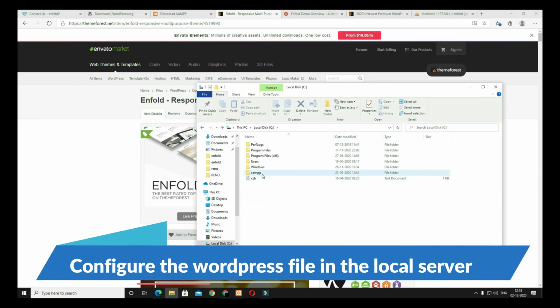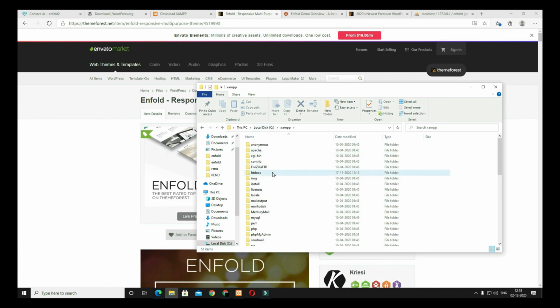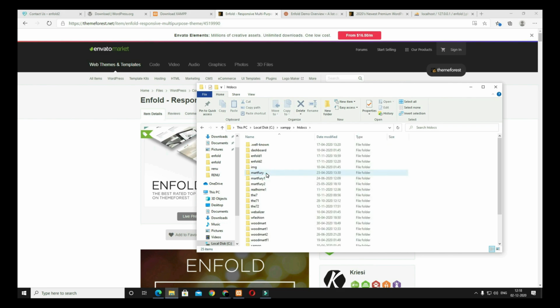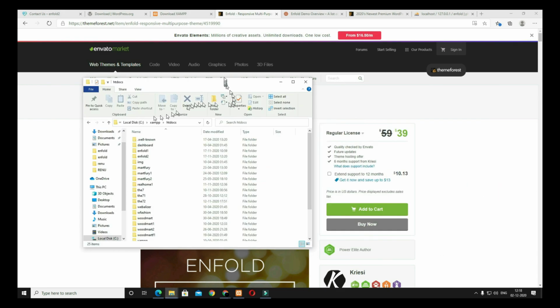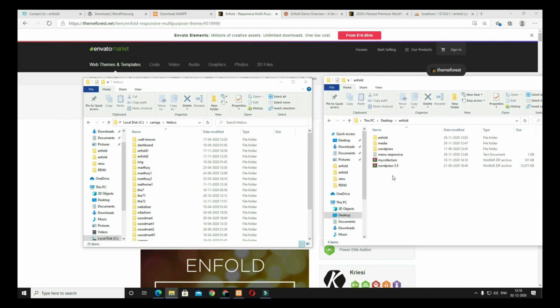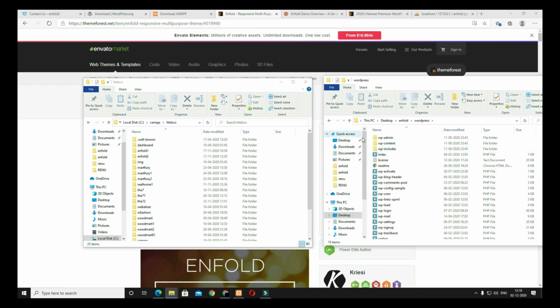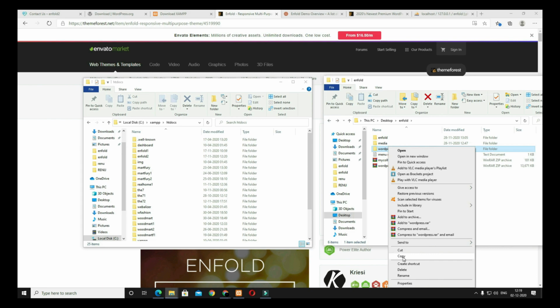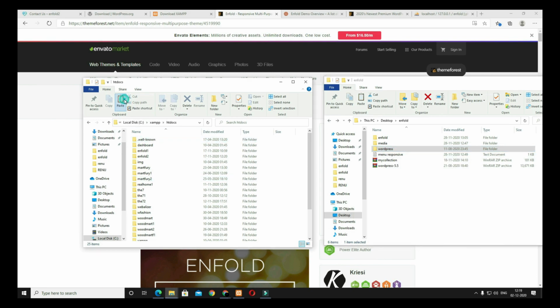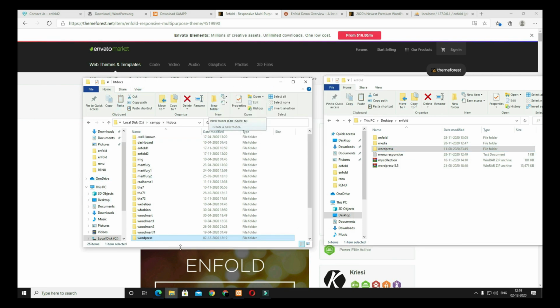After that, open the folder where you installed XAMPP or the local server. So open the C drive. Here you can see XAMPP is there. Just open it. After that, in XAMPP there will be an htdocs folder. Open that. Now you already downloaded the WordPress file, that is the zip file. You have to unzip it. This WordPress folder will come. After unzipping, copy it from here and paste it here in htdocs.